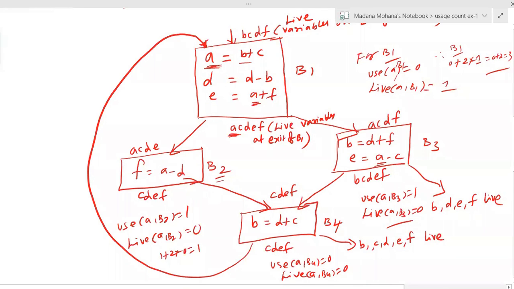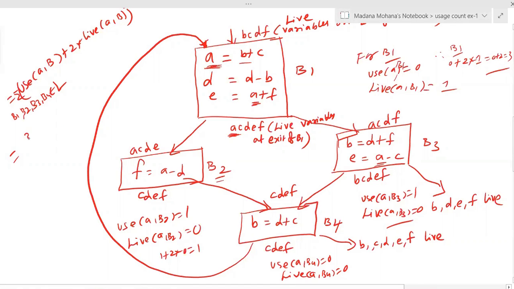Now all these values you can substitute now. So in the formula, use of A comma B plus 2 into live of A comma B by using sigma B1, B2, B3, B4 belongs to L. All we can consider. Now in B1 block, what is the use value? For B1 block use value, the total we calculated.